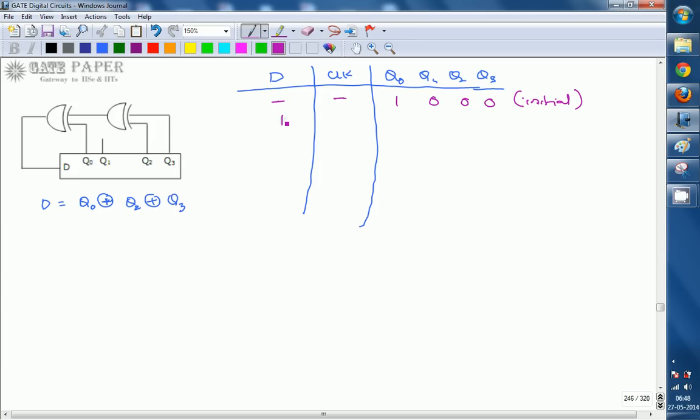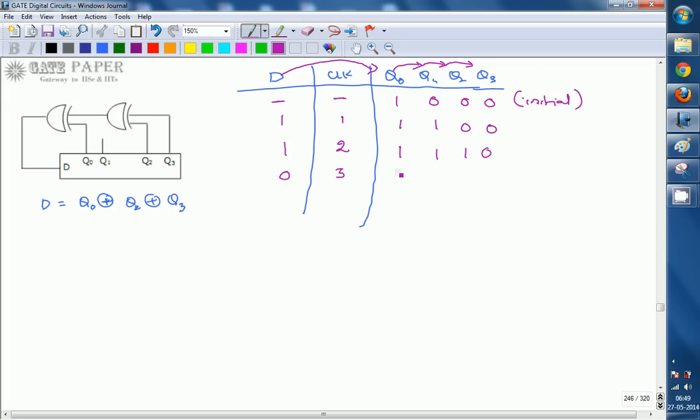And now the D value is 1, which will be loaded into Q0 after the first clock pulse. So that 1 will be loaded, and Q0 is going to be loaded into Q1, Q1 will be loaded into Q2, Q2 will be loaded into Q3, and D is going to be loaded into Q0. This is the shift right operation. So simply this 1 will come over here, this 0 comes over here. Next, based on this 100 combination again, D will be 1, and after the second clock pulse this D will be stored into Q0 and the other shift register bits shift in the same way. Next, if you see Q0, Q2, Q3 consisting of an even number of ones, 110, the output will be 0.